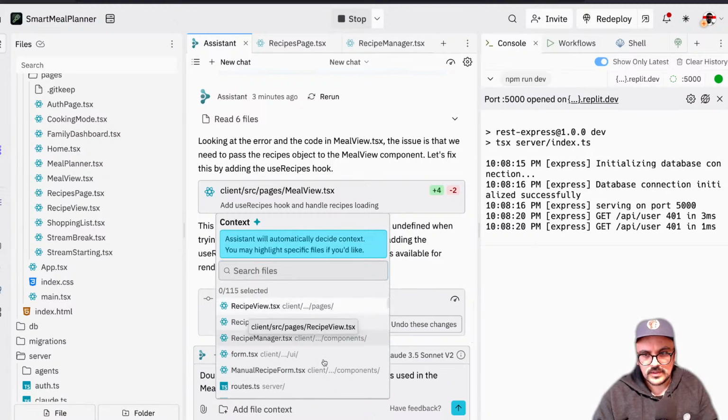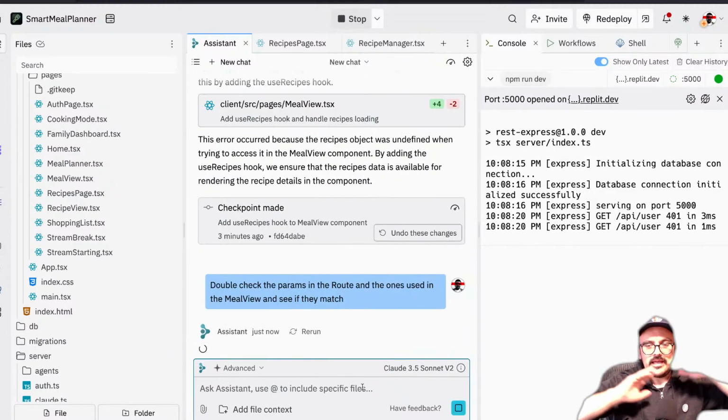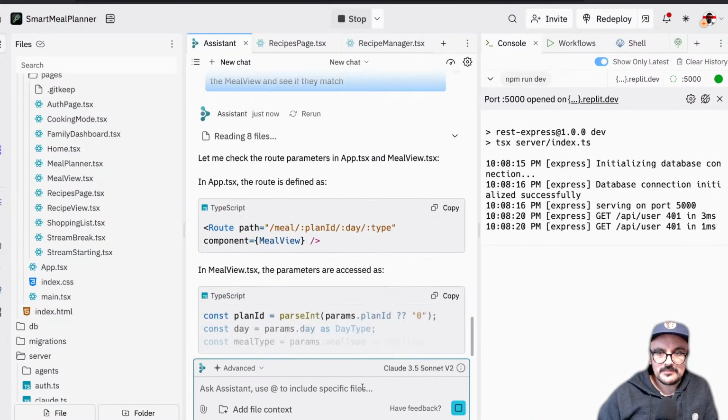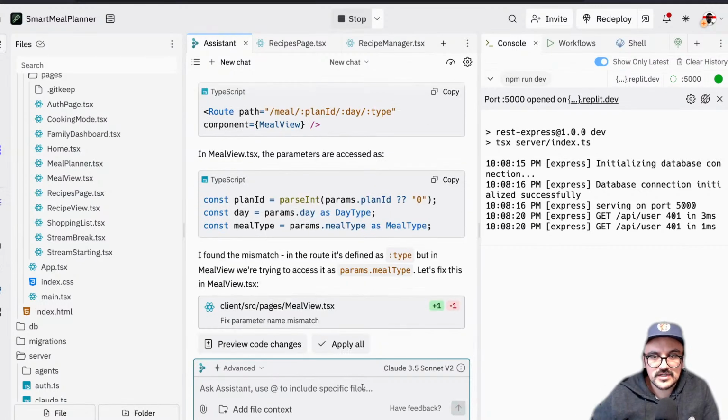So what is happening in this case is that the names are not the same. In the route, it uses type. In the view, it uses meal type. So that's why it was not working as expected. So now this is generating a mismatch. It looks like the AI noticed the same issue. And this is a normal issue that a developer will also deal with. Sometimes people think, oh no, a developer will never have these problems. That's not true. Developers have these problems all the time where they have a name somewhere and there is no